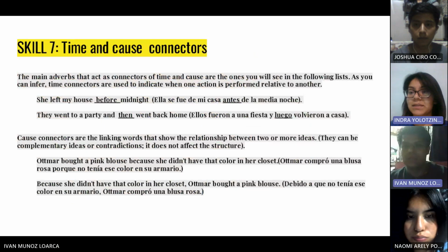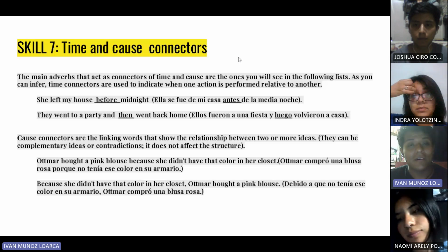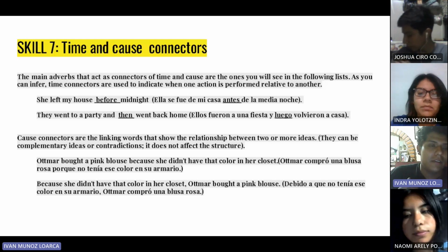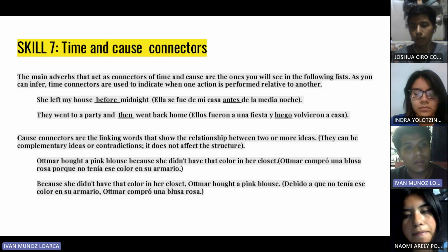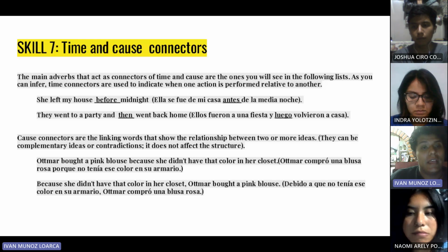Skill 7. Good night. My name is Ivan, and I'm going to explain to you skill 7 tonight about connectors. In this case, first is time and cause connectors. So the main adverbs that act as a connector of time and cause are the ones that you will see